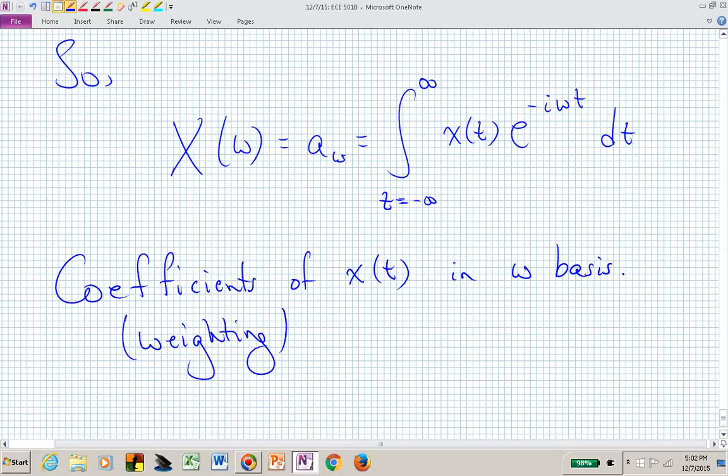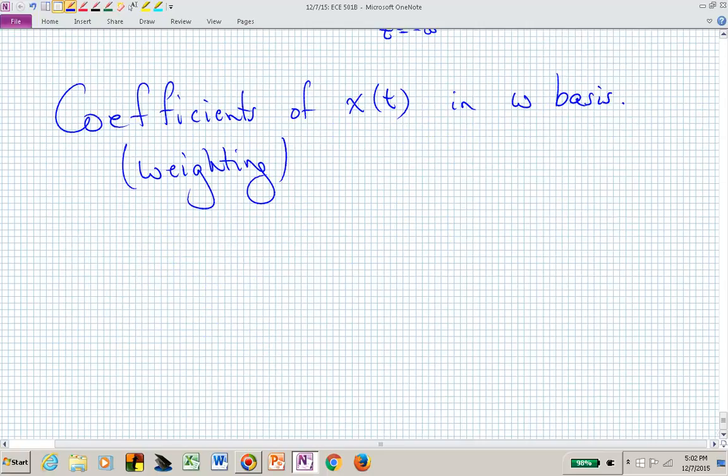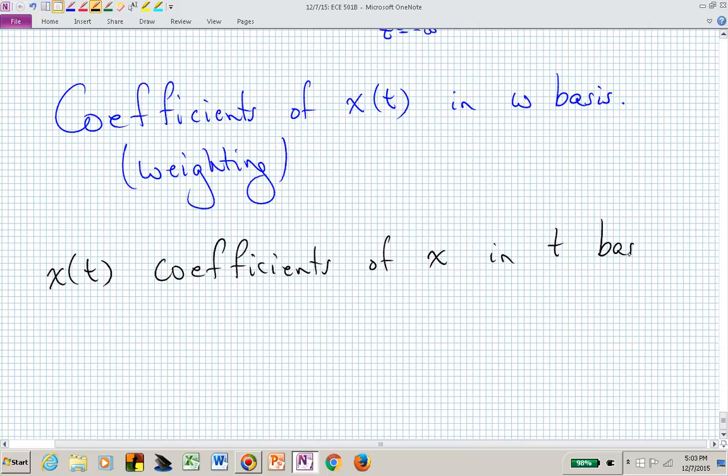And if we wanted the coefficients of little x of t, we could think of those as the coefficients of this signal x in the t basis, meaning x of t